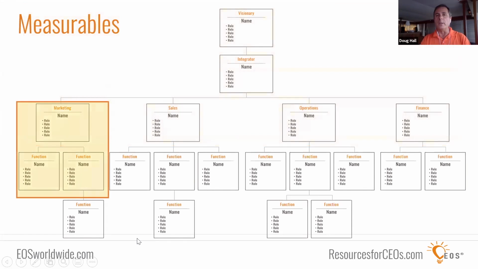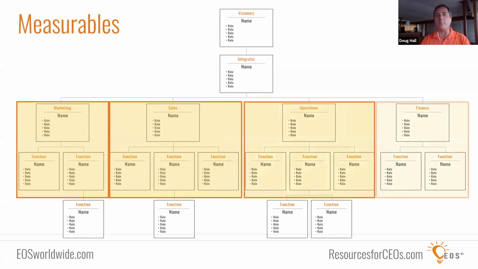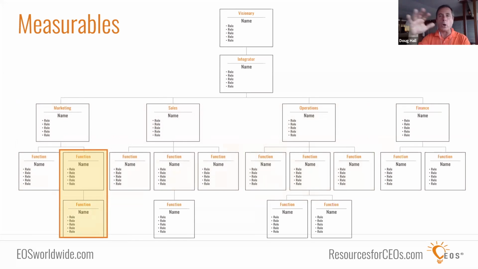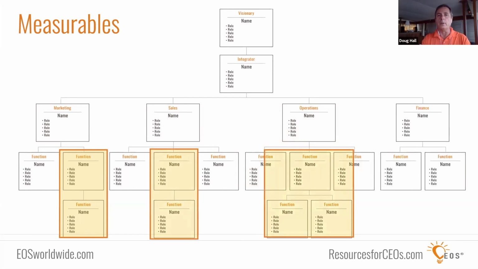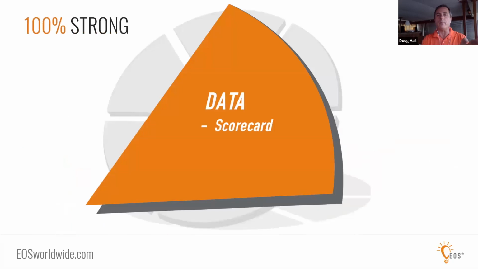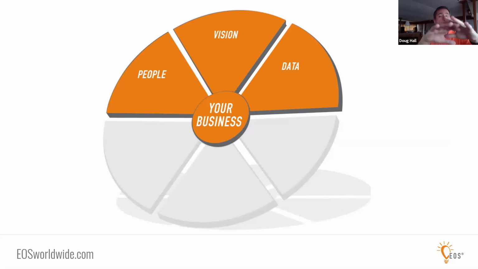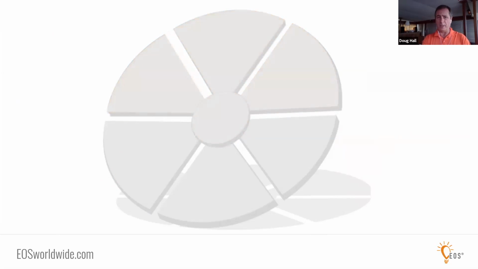And then you lay those numbers in by departments, by functions. It becomes an overlay on the accountability chart. That's what this graphic is telling you, that the numbers are not isolated. They're always related to the accountability chart, the function, the flow through the functions, and measurables all the way down to the individual frontline worker. And when you get the right people on the bus in the right seats hitting the right numbers, all with a shared vision, you get this clarity that all of a sudden what comes up is the